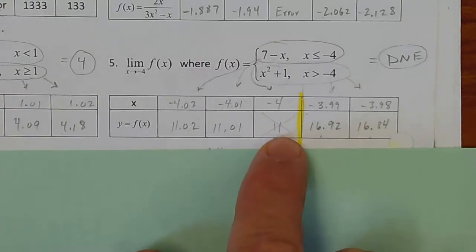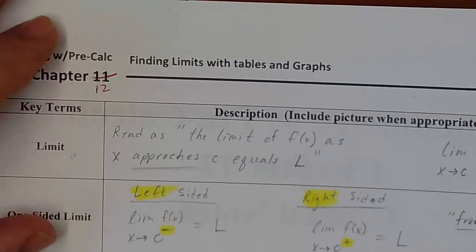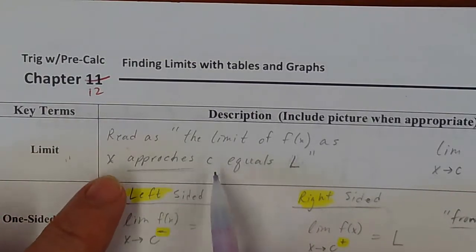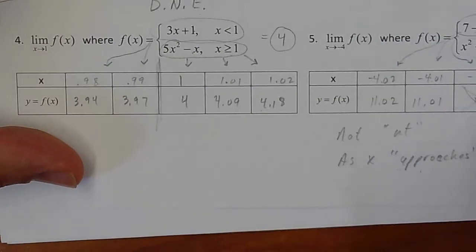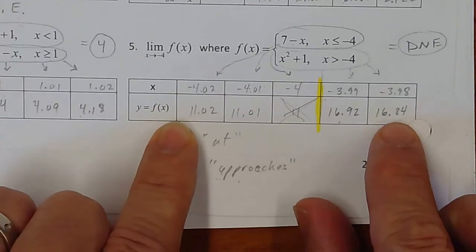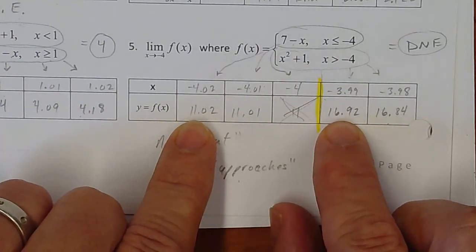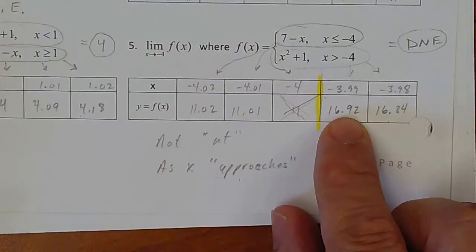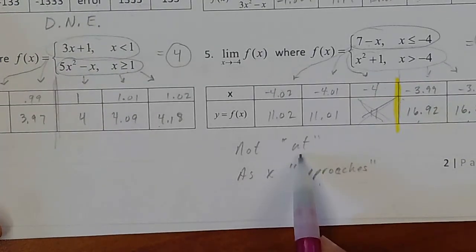Okay. Some of you may have put down 11 for the answer. That is incorrect. And it takes a while to get used to this. Limits, as the limit of f of x approaches c, not equal to c. So you almost don't even look at that spot. Just ignore it altogether. Okay? So what do these numbers approach? Are they approaching the same number? No, this is increasing towards maybe 17. This is decreasing towards 11. When that happens, we're supposed to say does not exist. So got to remember, don't look at c for limits. It's as x